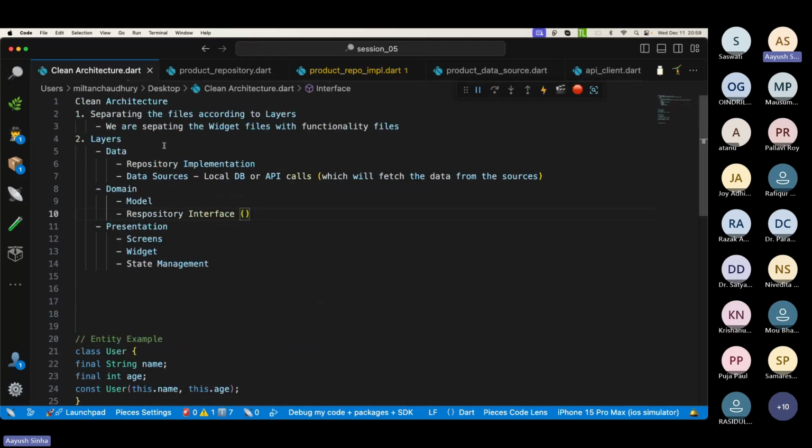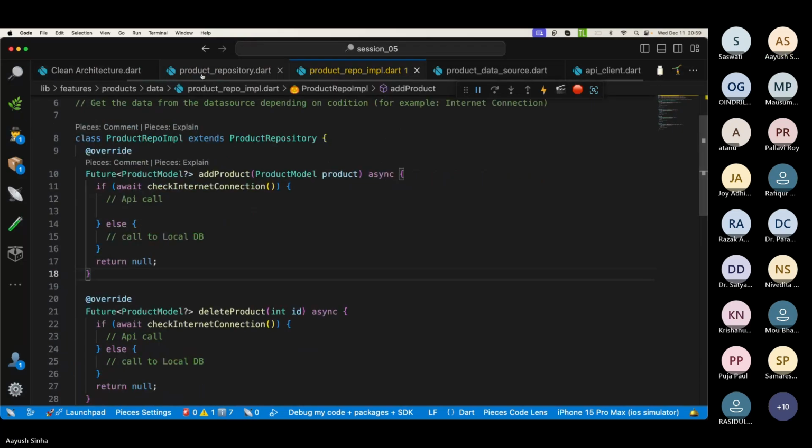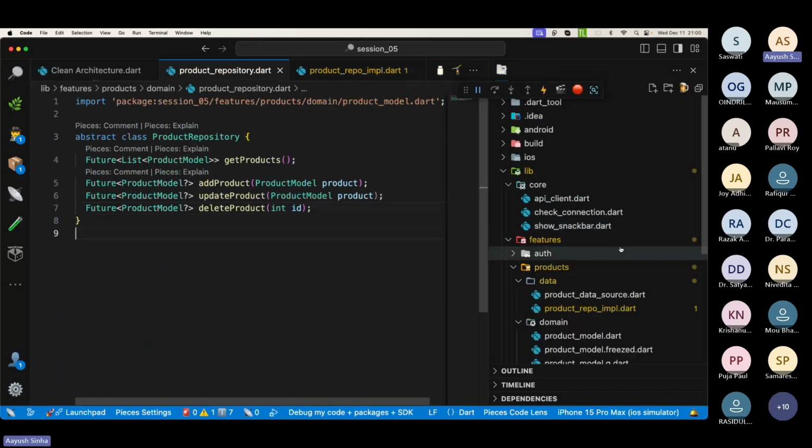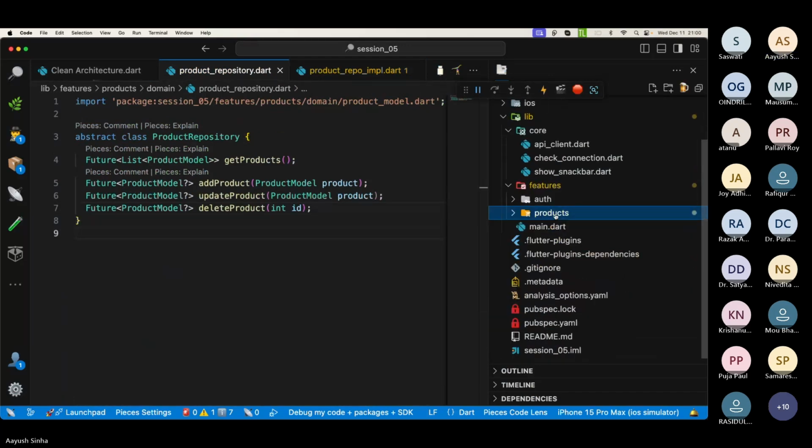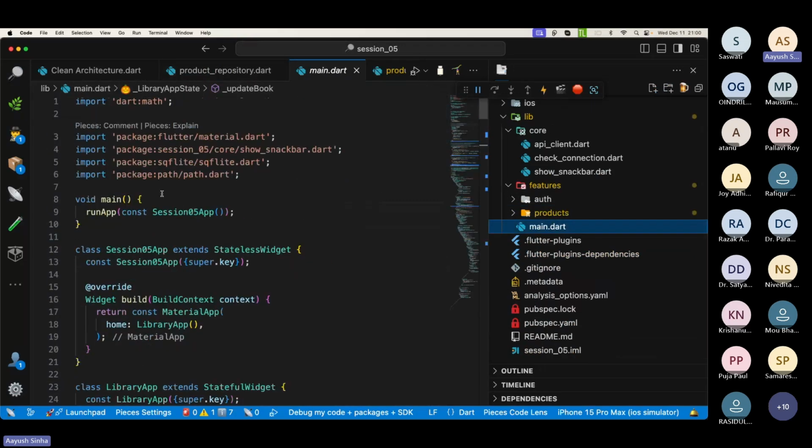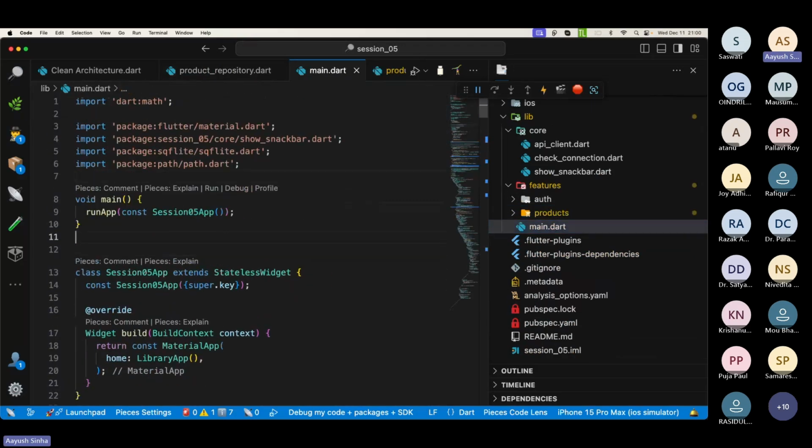So now we are done with this data source. I only did the API calls because we already saw the local DB thing. It's just that we extract that class from the widget class to another class. So now I will complete the product repository implementation. Here I will get a client. I will create a global variable for this. We can use some kind of dependency injection for creating this kind of instances like API client,